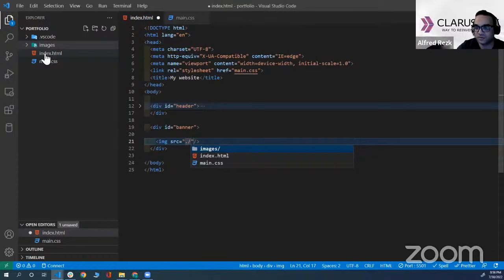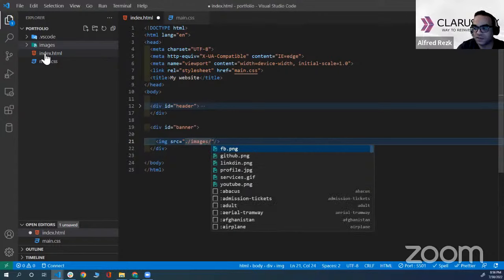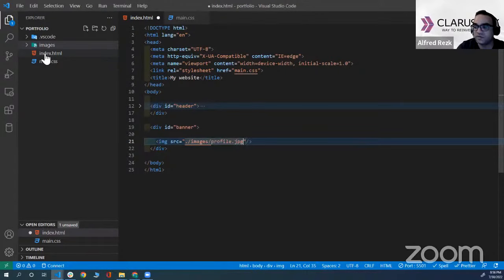So dot /, and I want to get inside the images folder, and it will list all the images. I want to access the profile image. Since it's not in the same directory as the index.html, you can't just put the name of the image and that's it. No, you need to navigate inside the other folder. So it's dot / images /